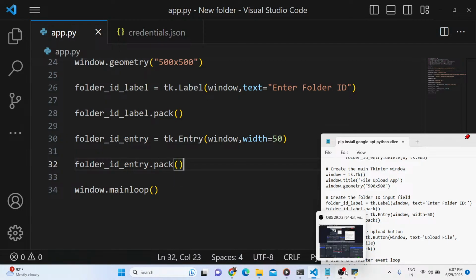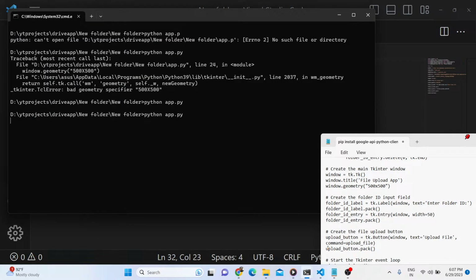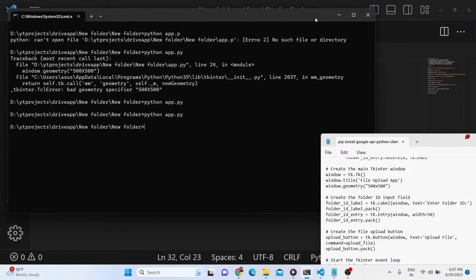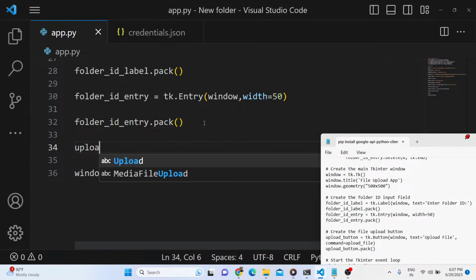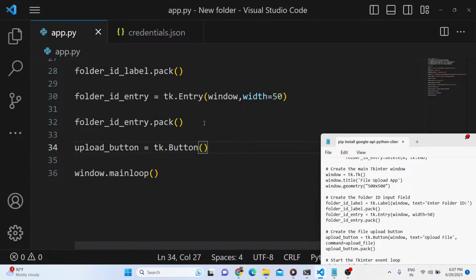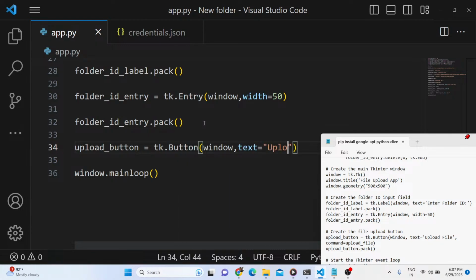So if you just refresh now, basically what will happen here, we will have this input field out there where we can write something, and then we will have a button. We will say the upload button, Tk Button widget, and again we will place it on the window. Text will be upload file,